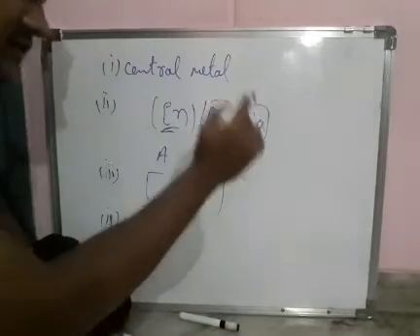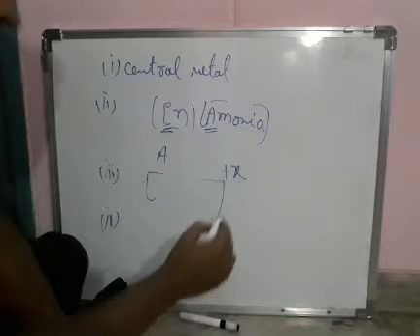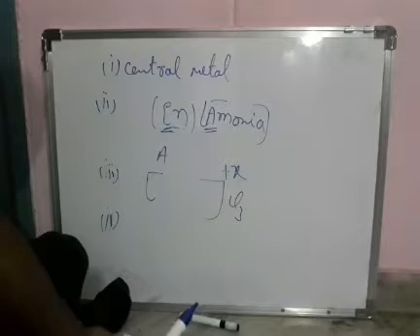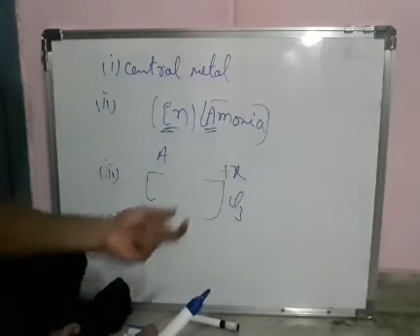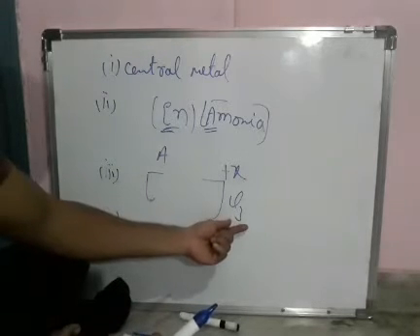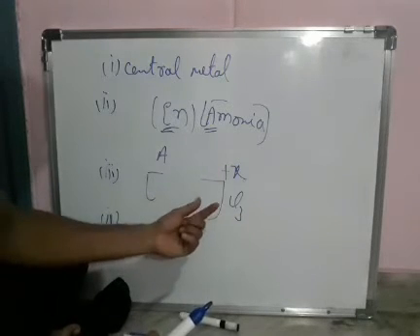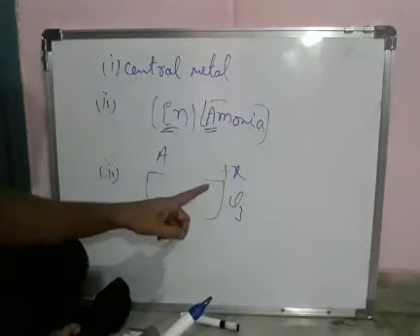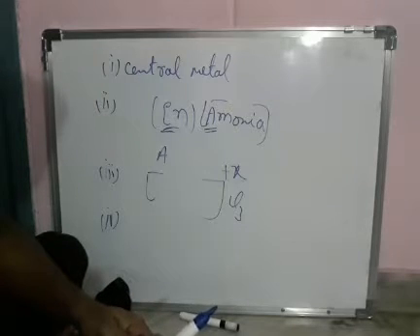So what is the meaning of counter ion? Counter ion is nothing but ionic sphere. Here the ionic sphere may be Cl3 or Br3 or something. That ionic sphere must satisfy the charge on the coordination sphere. So if the ionic sphere or counter ion is not mentioned, then the charge on the coordination sphere must be mentioned, as a superscript of the coordination sphere. So that is the fourth point.